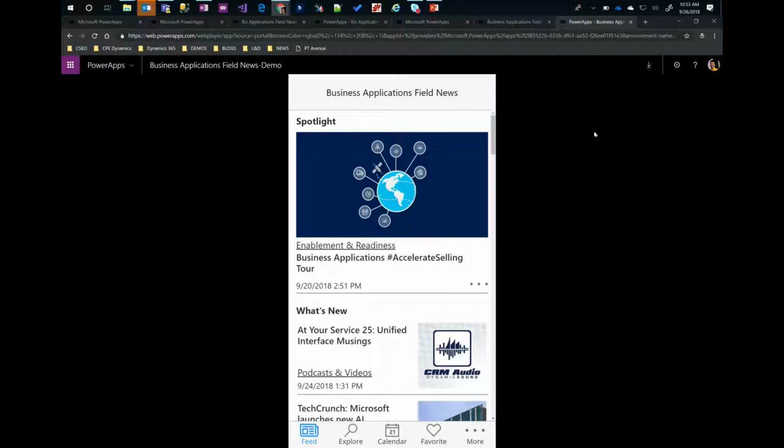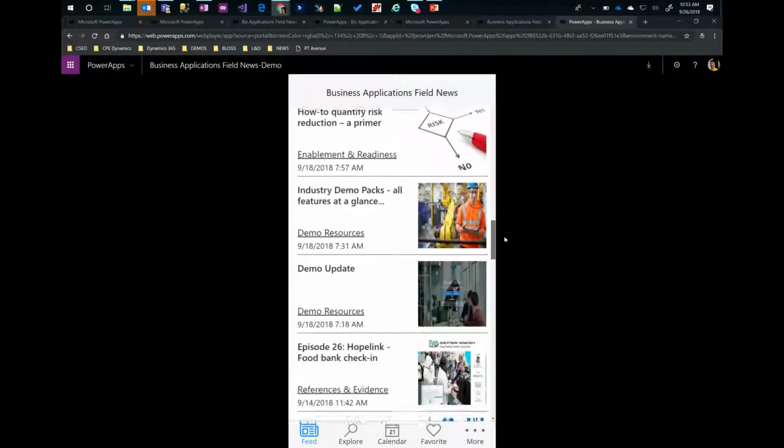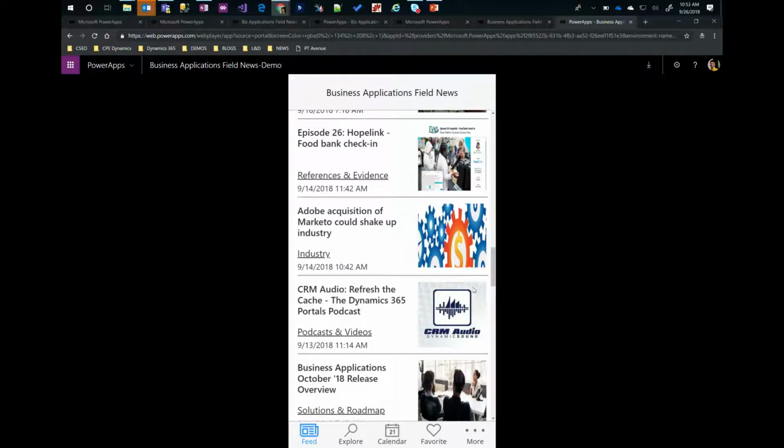So literally for anything on business applications, I as a user don't have to go to multiple places, multiple blogs. If my administrator is doing his or her job properly, I can come to this place and look at all the announcements or the events or the content related to business applications. So I'll just scroll down. If you see, it continues and it can last as long as I decide to keep it as an administrator, which means I don't have to have a list of 100+ events if they have occurred in the past. I can go in and archive those, or I can go in and delete those.